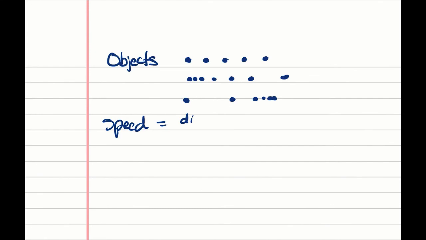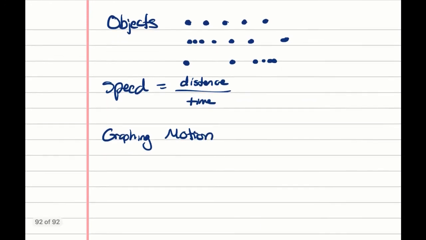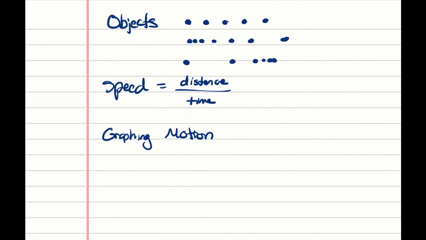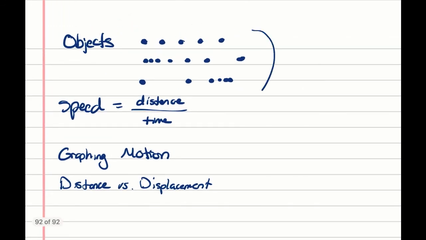We've learned that speed can be calculated by taking the distance that an object travels and dividing it by the time that it travels. Today, we looked at graphing motion and how when we graph it, it gives us insights as to how fast or slow an object is moving. And finally, we looked at distance versus displacement and what those two terms mean and some of their subtle differences. Next week, we will review all of these ideas as we work through some specific